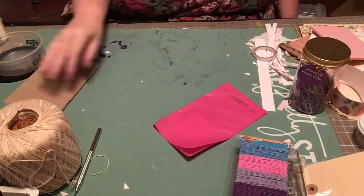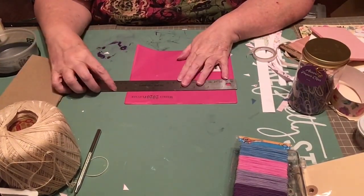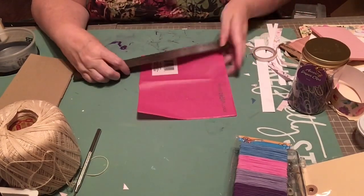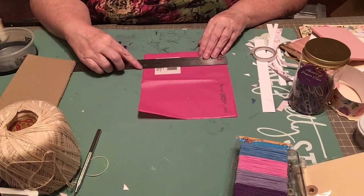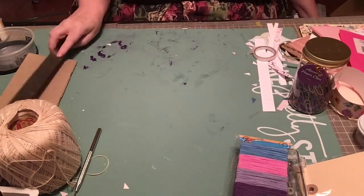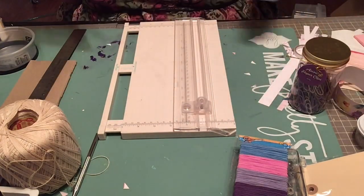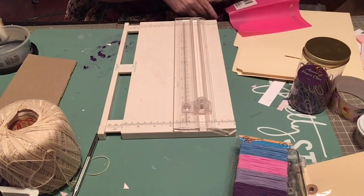And today's project is a planner. This that I got here was from the Dollar Tree. It's a weekly 2020 calendar that I picked up. This is the pink vinyl cover that was on it, which I've taken off. This measures about 8 inches wide and 6.5 inches long. And what I'm going to do here is take this file folder and